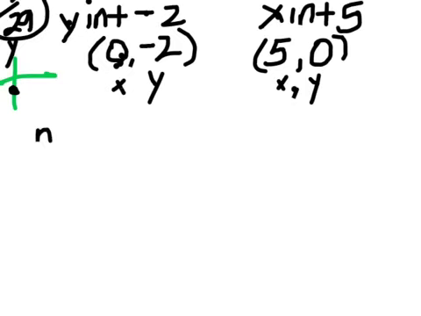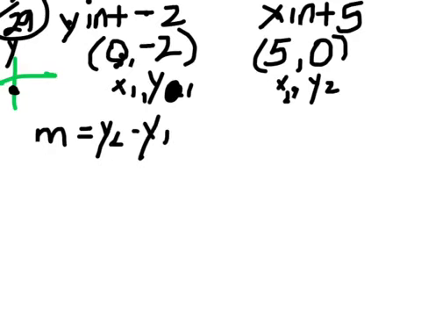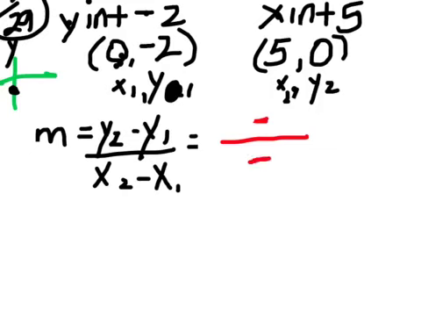All right, so I can find the slope. I'm just going to say this is my point 1, and so this is x of point 1, and this is y of point 1, and I'll call this point 2, so this is x of point 2 and y of point 2. So if I want to use the formula, remember I showed you a faster way to do it, but I'm just going to use the formula here because a lot of people probably would rather use the formula from what I noticed in class. Remember when I do this, I'm going to put my subtraction sign, and I'm going to at least put a parentheses here so I'll make sure I've plugged in the right thing. y2